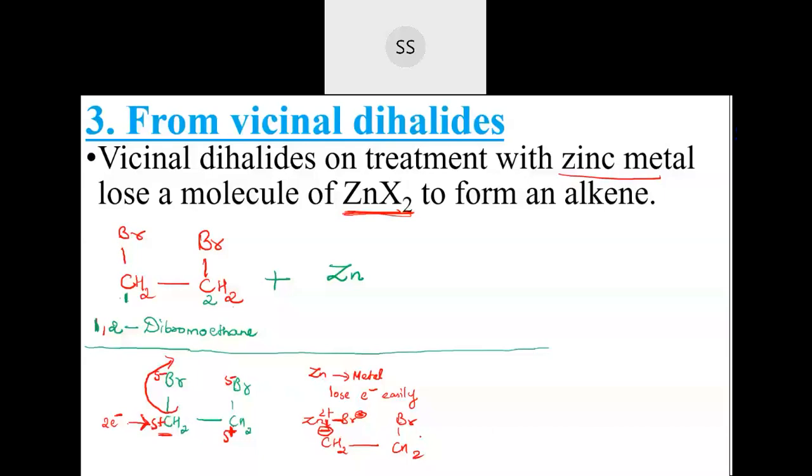Okay. So once this electron density is there on the carbon, this carbon will try to distribute these electrons towards the carbon that is becoming deficient. You can see this carbon is losing its electrons towards the bromine. So the carbon which has got the electrons from the zinc will try to send this electron density towards the other carbon, meaning between the carbon atoms these electrons will be sent. Then this bromine atom will go out very easily, because the metal anyway doesn't want electrons.